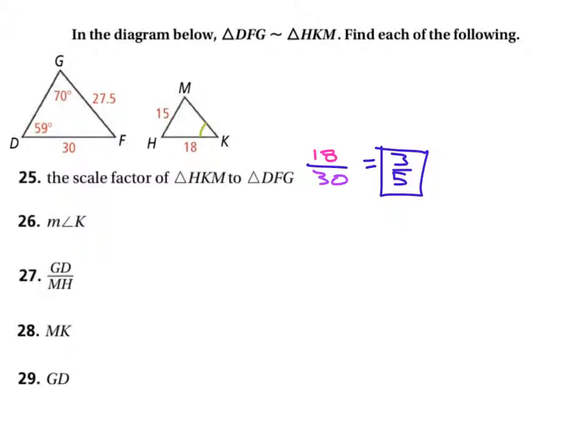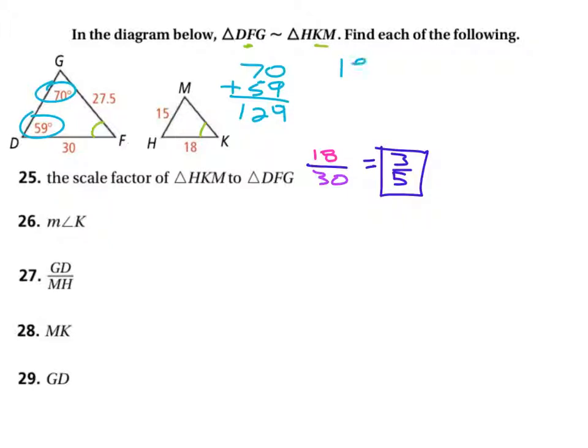They want us to know what the measure of angle K is. Well, angle K, if you look up here, that middle letter corresponds with the middle letter of F, so that's going to match that angle. We're not given that angle, but we do know that the third angle theorem says that if we know the first two, we can calculate the third. And so what is 70 plus 59, the two angles that they give us for that triangle? So 70 plus 59 equals